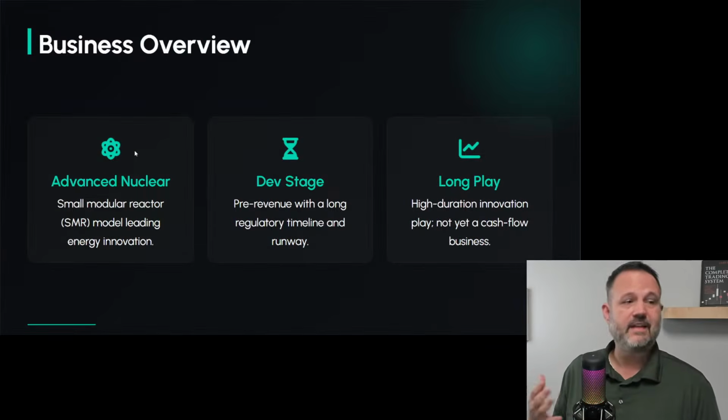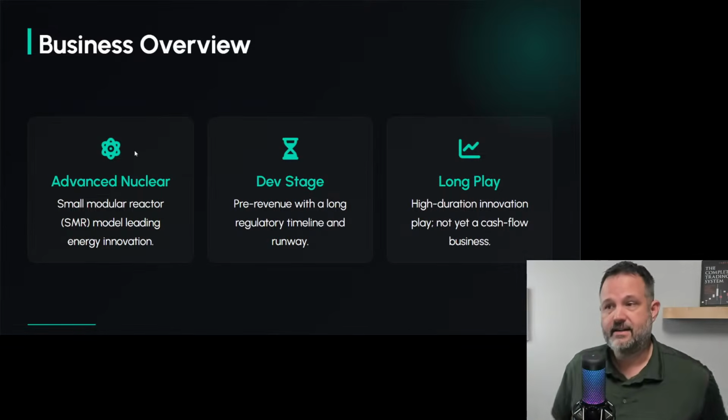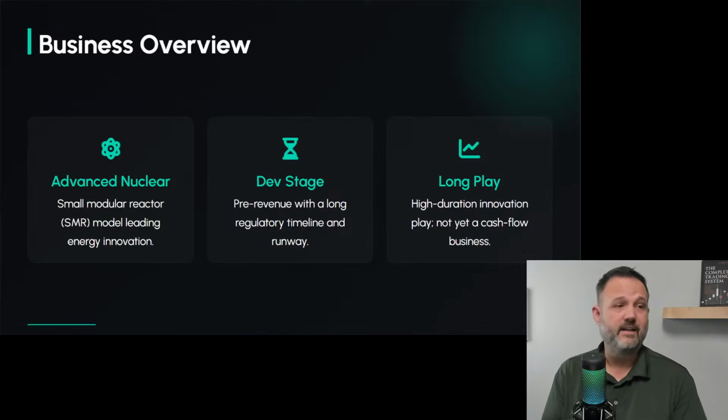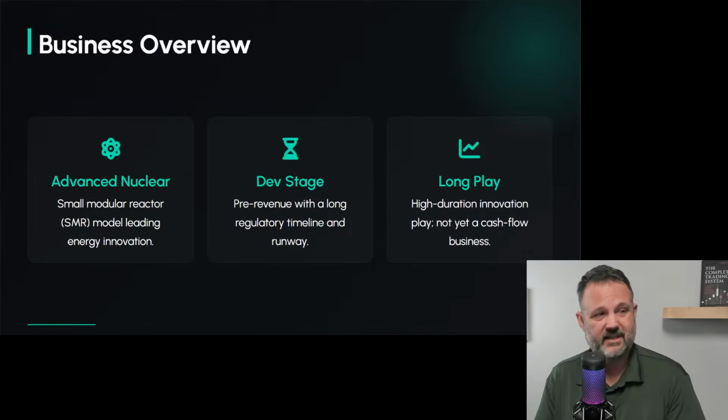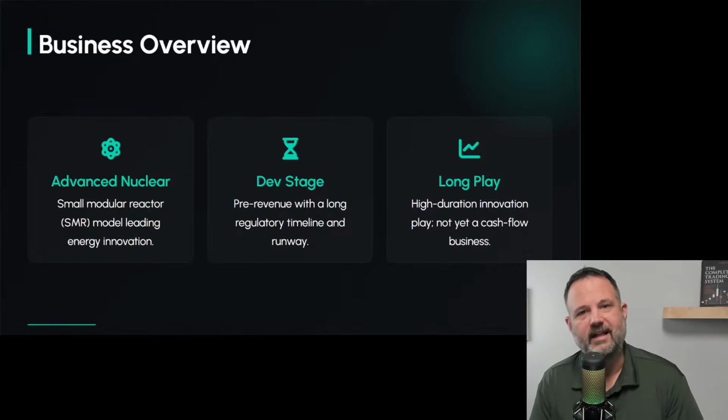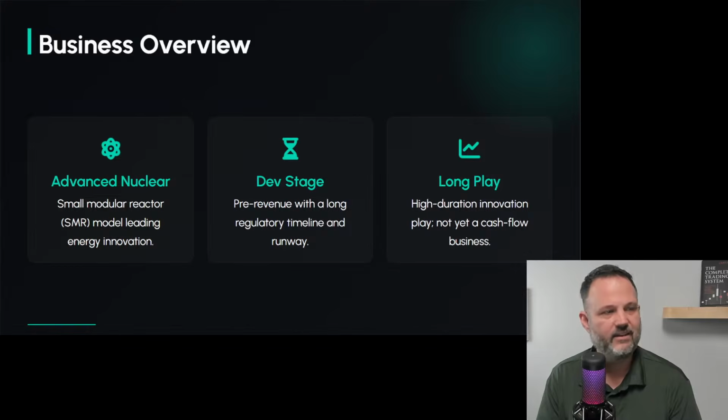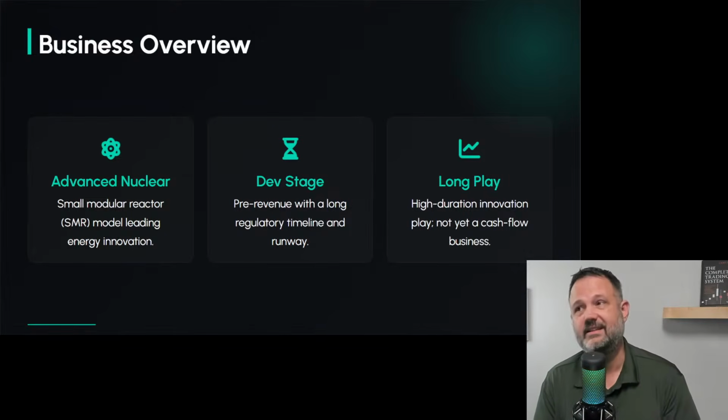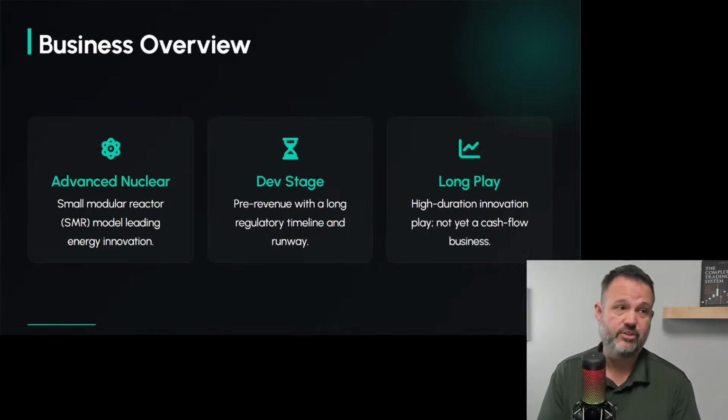All right, so let's take a look now at OKLO as a business. It's a nuclear company. Energy is really hot right now. Why is it hot? Because of AI, because of data, because of robotics, because of chips, right? Because our lifestyle is consumed by energy. Everything we have has energy now. Everything. Right? And so we are in desperate need of energy. Clean energy is also really good, and high-tech energy. So this is a clean energy, also a high-tech energy. Right? So the more energy breakthroughs we have, the better.